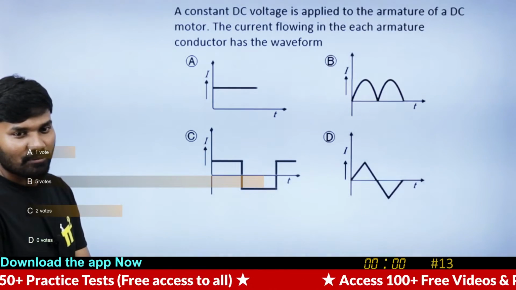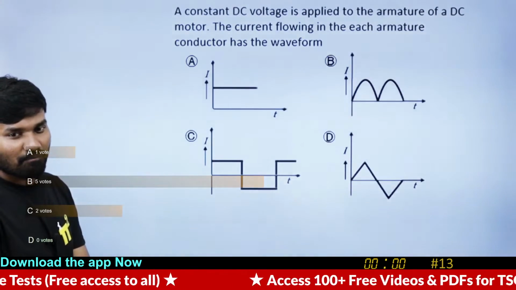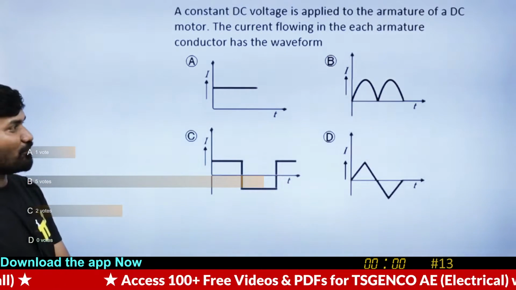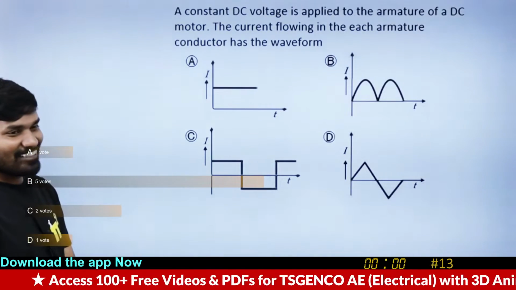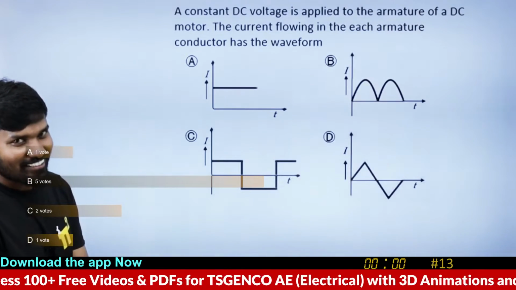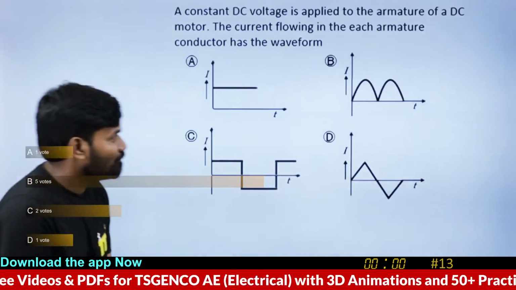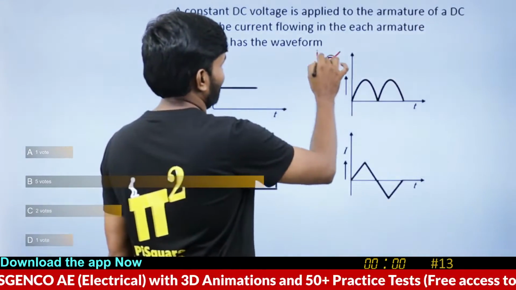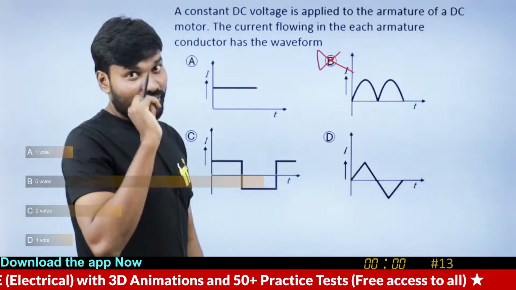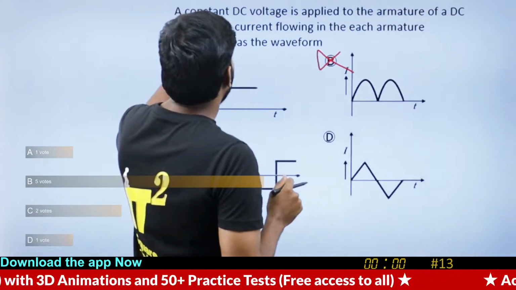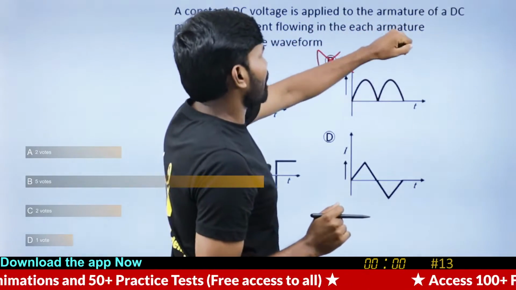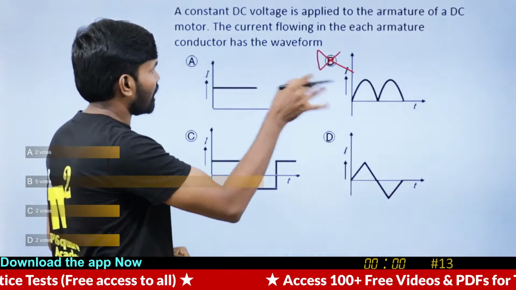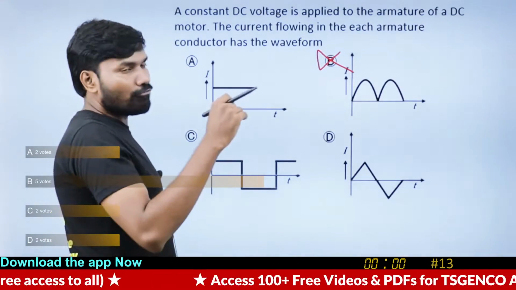Cool. Mostly we got B. B is the most preferred answer, but sadly, that's wrong. Time's up. B is wrong. Read carefully here. It is said, DC voltage applied to the armature of a DC motor. It is for a motor. DC, you are applying it. The current flowing in